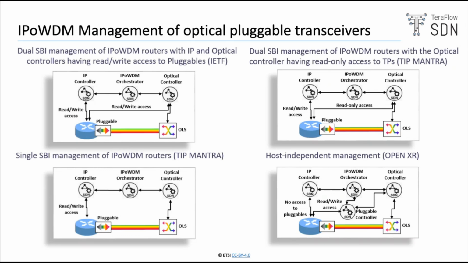Then there is also a dual SBI management of the IP over the WDM routers, with the optical controller having only read-only access to the transponders. That's also suggested by TIP MANTRA. This means that the optical controller can have information from the pluggables, but the one responsible for writing new configuration is the IP layer. And finally, there's a fourth way of doing things, that is, let's just create a new SDN controller,